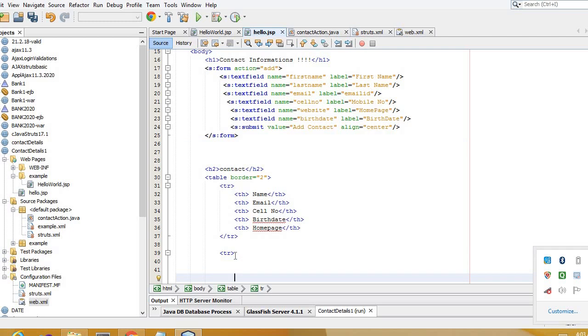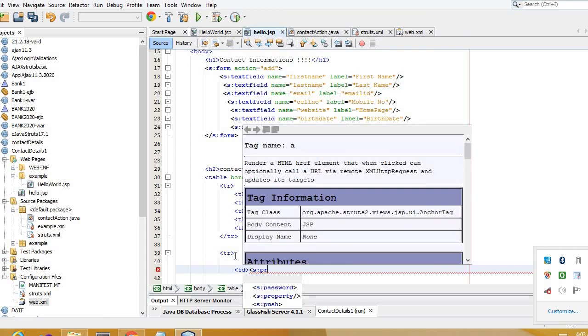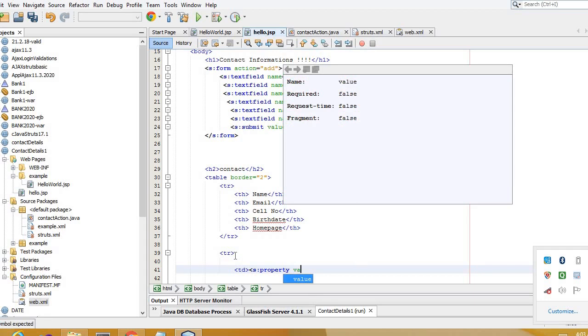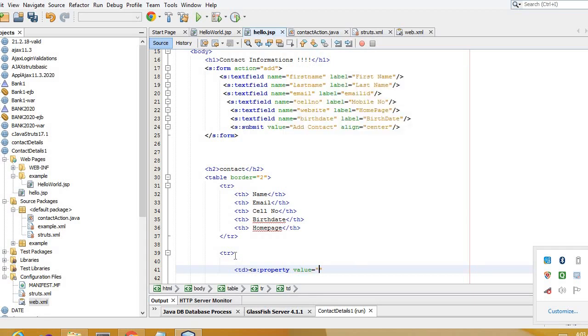In that, table data. We have to write table data. So what is going to be a table data? One is s:property value, that is first name, and then it has to again write the last name as well, right? First name and last name, it should merge.